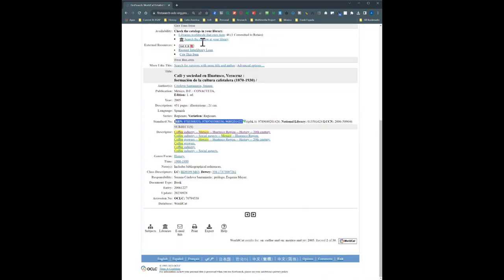So that's not particularly useful. What I would like to do is coffee industry Mexico as a search term, but technically the search that I entered should cover that, right? If you'll recall. But this is really useful because sometimes you discover that the subject terminology is very specific, and